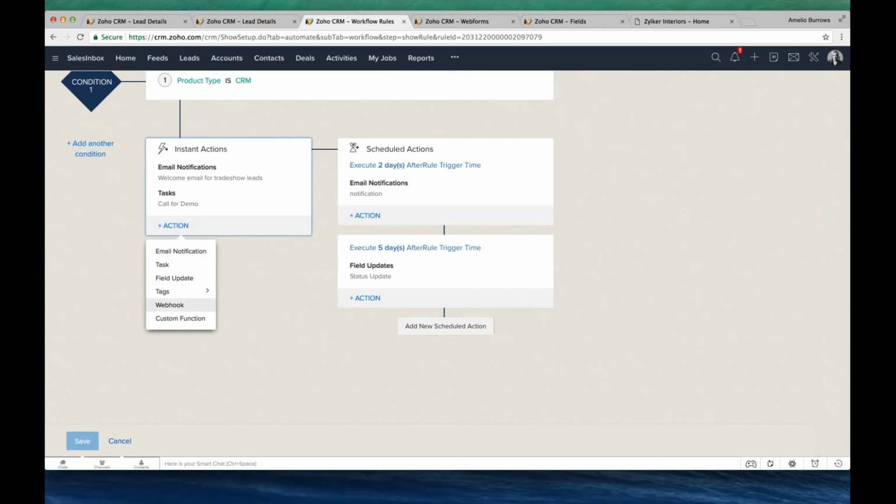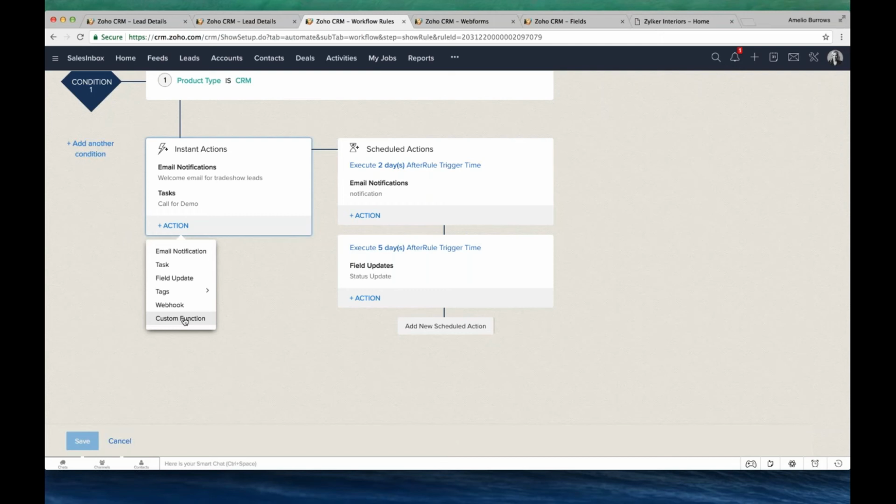You could see there is something called webhook, and another one is the custom function. These two things are the most powerful stuff inside Zoho CRM. One is it actually goes and connects another software. Say for example, you have your own legacy systems, or some other system, and any changes happen inside the CRM. How do you notify that particular software? You can achieve it through the webhook.